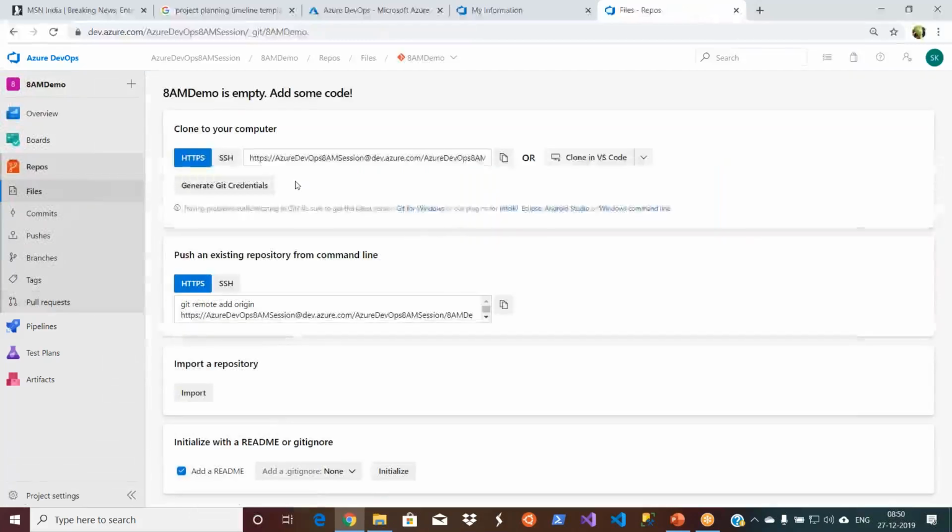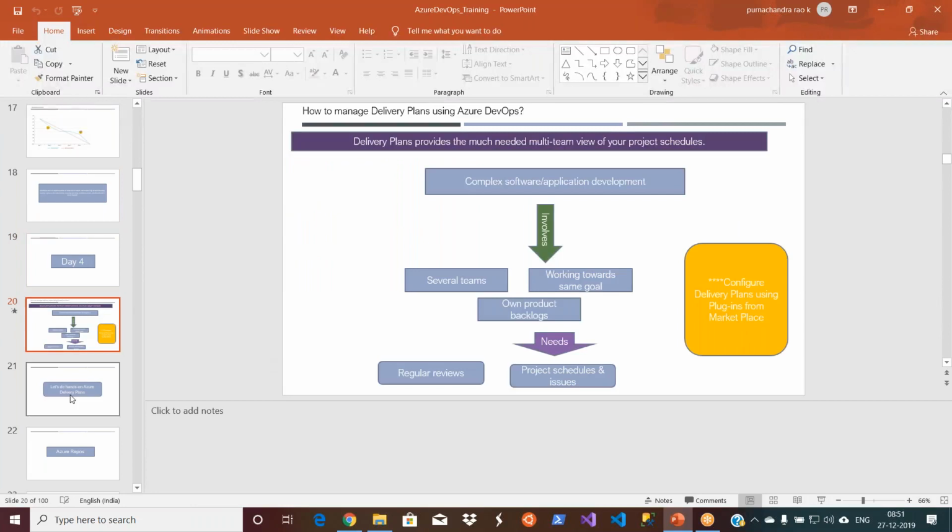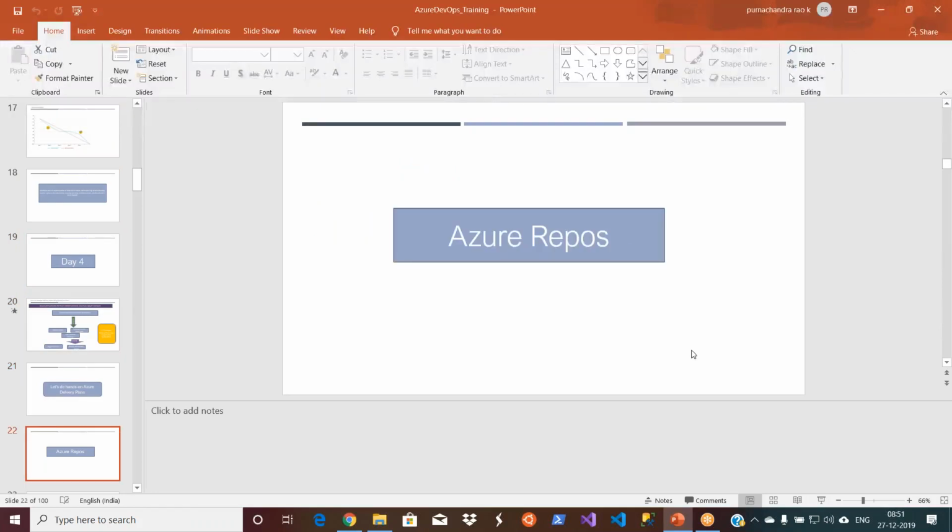I'm not getting into the repos in detail now. First, we will talk about the concepts, because we have a different audience in the session: some who never worked on code management, some who work partially, and some who are already experts. They want to know more things as well. So let's get into the concepts of repos. Repos is a short term. Basically, it is a repository. You call it repos as well. Azure Repos.